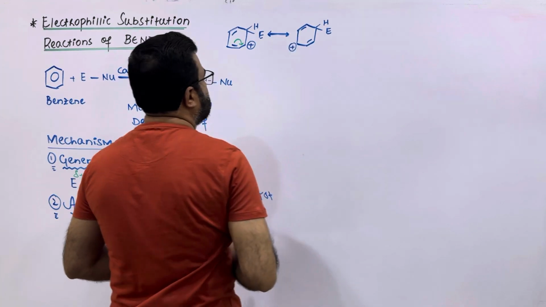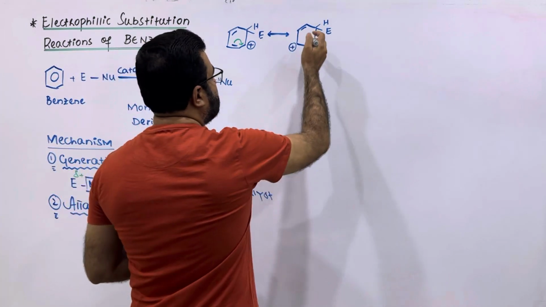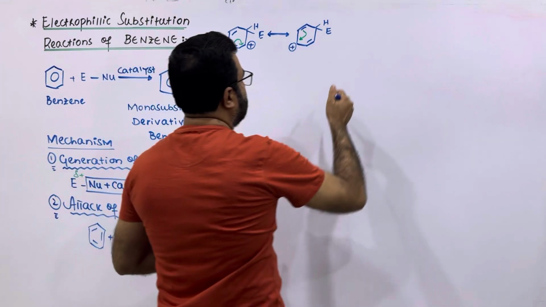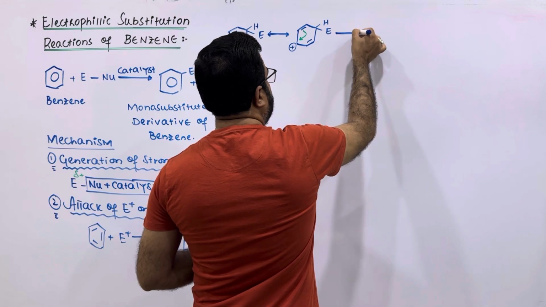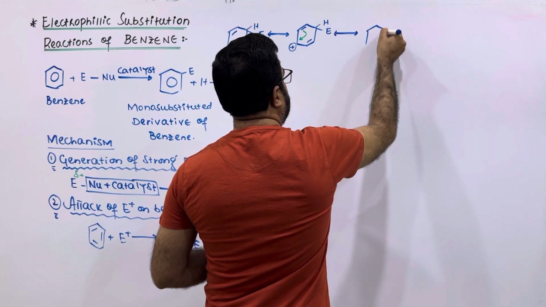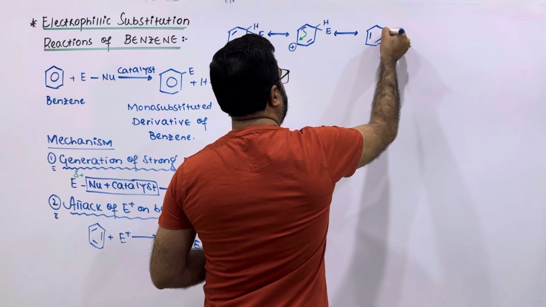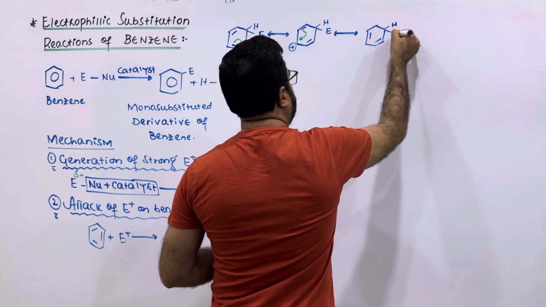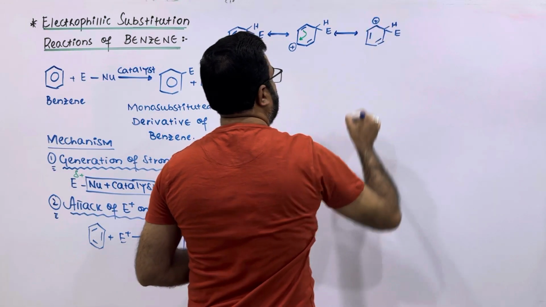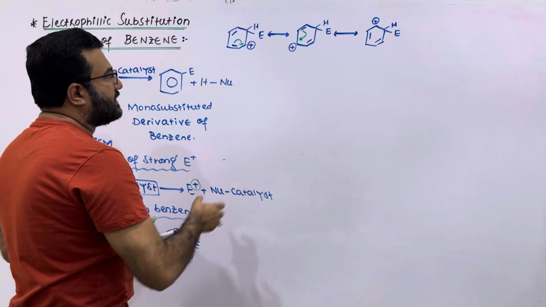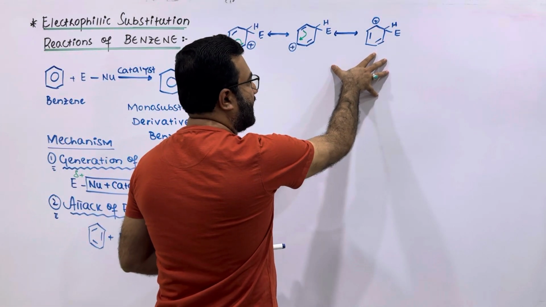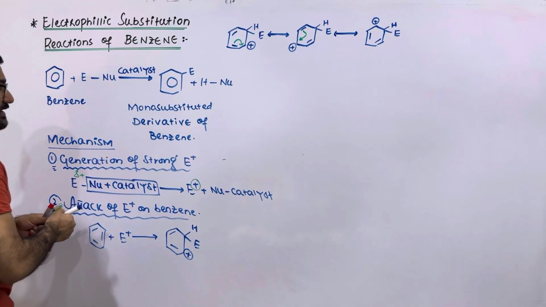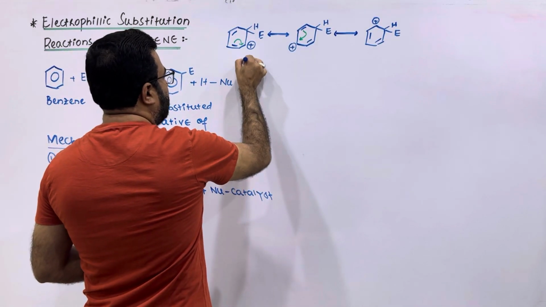It will be now on this carbon, and again the double bond changes its location, and due to change of its location, the positive charge will also change its corner. And now, my dear students, this carbonium ion is resonance stabilized basically. After the formation of this carbonium ion, the third step should be